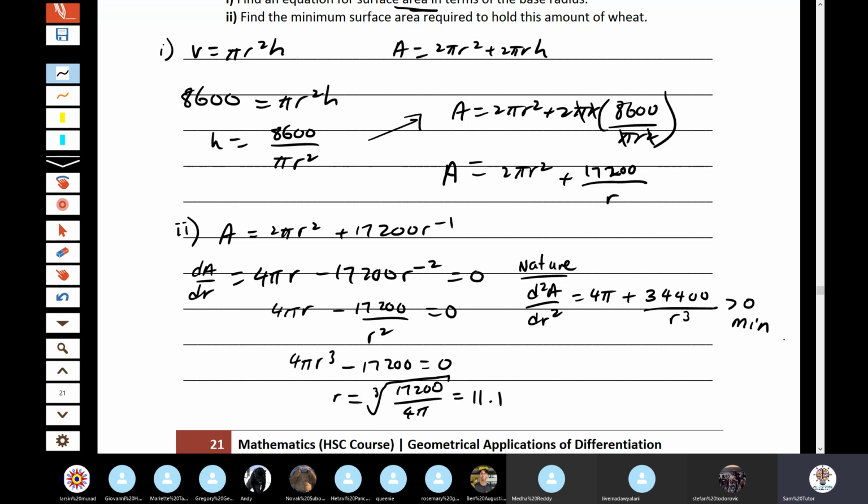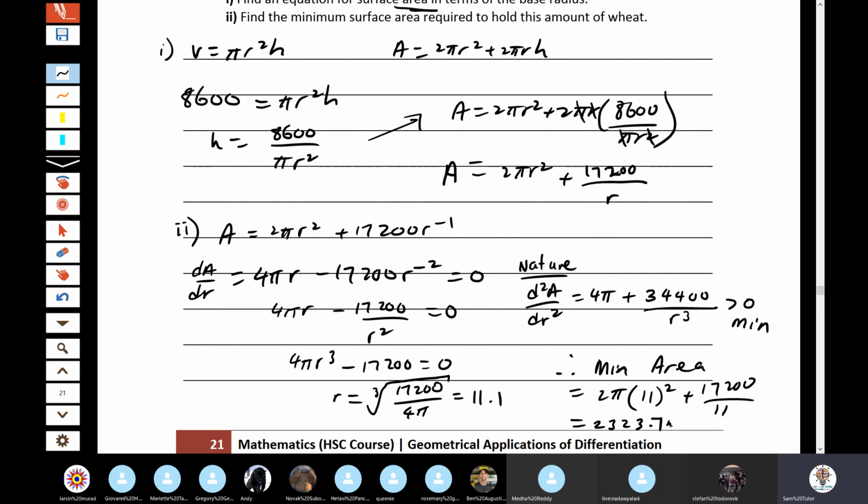Now, you can't forget, answer the question. The question did not ask you to find the radius. It said, find the minimum area, surface area. So therefore, min area, sub back in, equals 2 pi 11. Let's just use 11 squared for now. Obviously, you guys would have used your exact answer. I'm going to use my exact answer just so you guys know when I'm subbing it in. I'm not subbing in 11. So if your answer is a little bit different, it's because you're subbing in 11. Okay, the minimum area you can ever get is